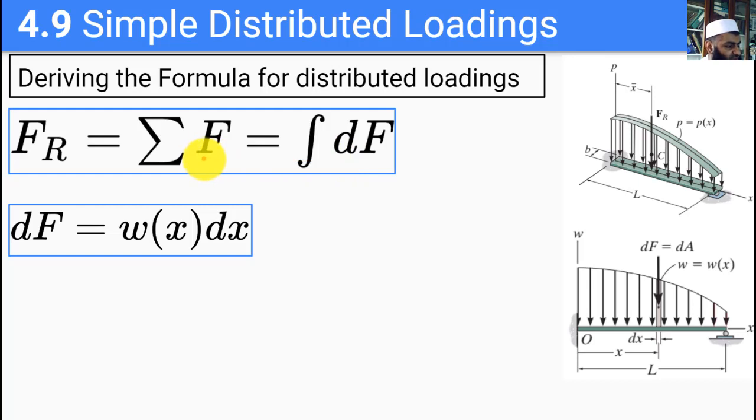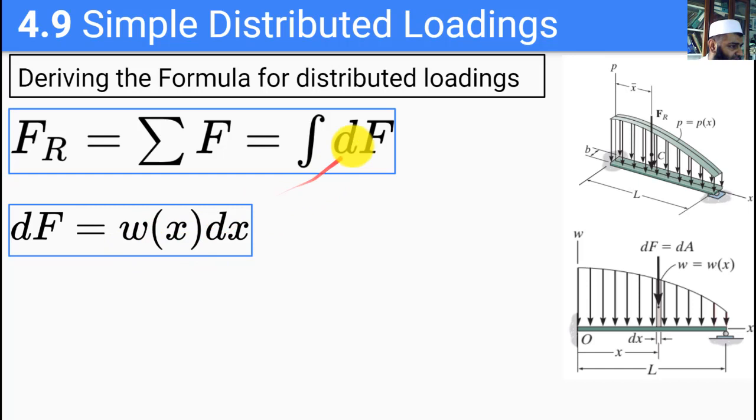So this is a very common technique used whenever we go from a discrete system to a continuous system. We replace all the sums by integrals, and rather than using the f inside, we use the infinitesimally small forces at every point. Okay, and df is nothing but w(x) times dx. Why? Because we already saw that w(x) is df by dx,